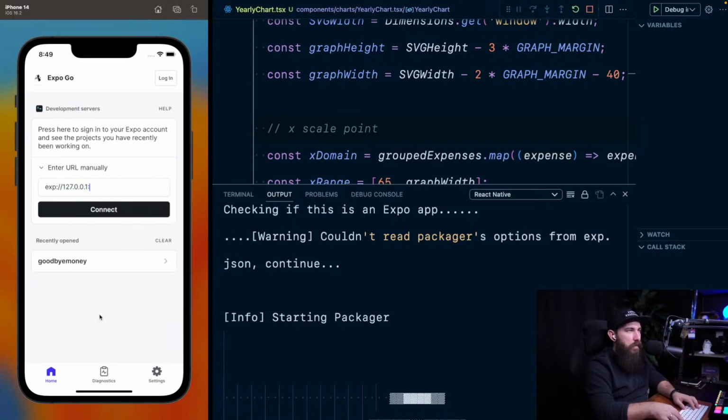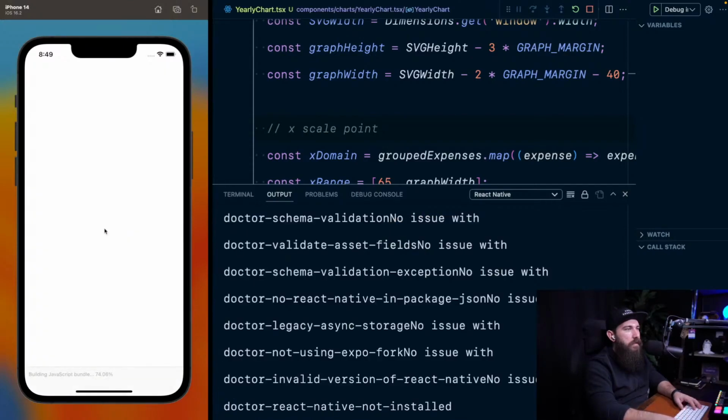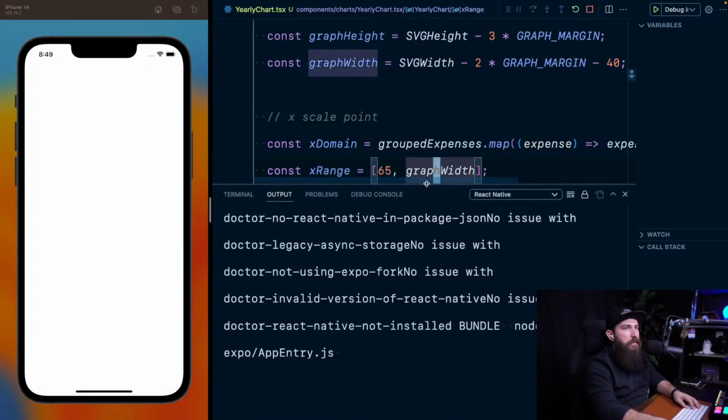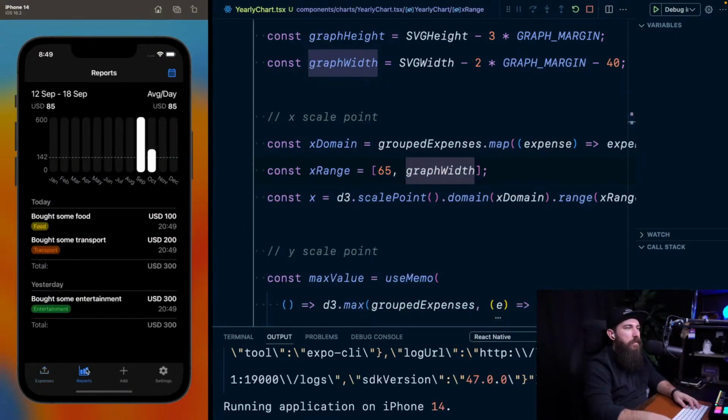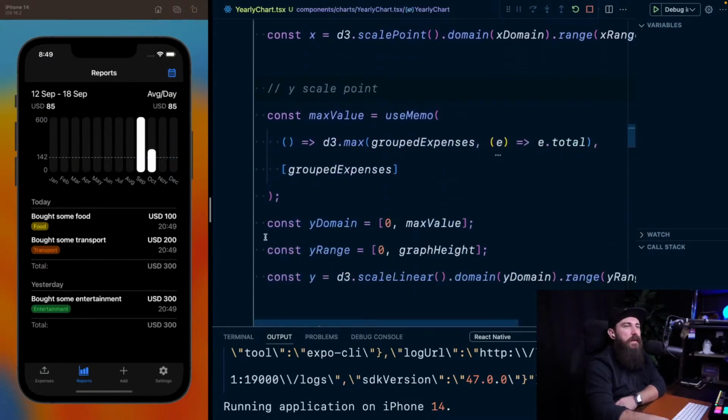Zero, zero, one. Was it like this? There we go. Okay. Moving on. Hey, we also got the icons now. That's good. Okay. Let's see what the issue is